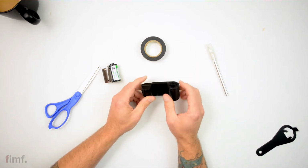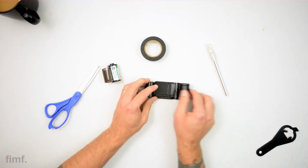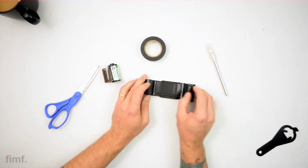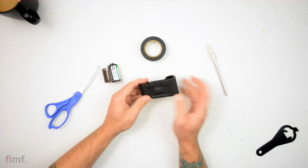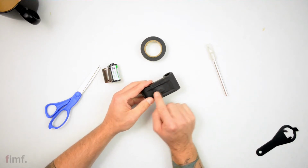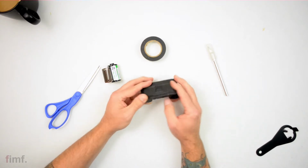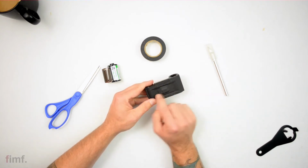What you can do is, I made little hinges. I took gaffer tape, and you'll see that they open, they close. Also, something else to mention, even if you don't need to tape these hinges, make sure that you tape over with electrical tape. I have electrical tape on this side and gaffer tape on that side, but just make sure that you cover